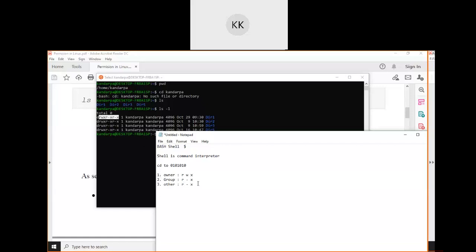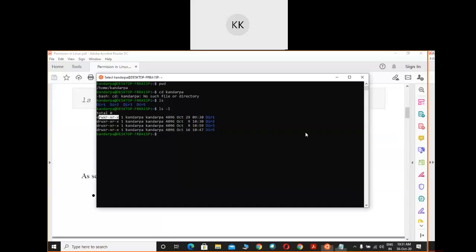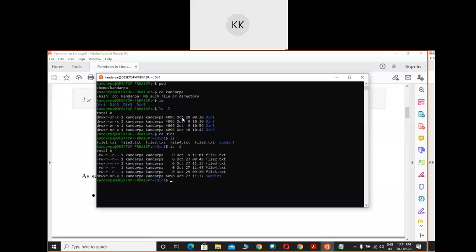And if you find the D, this represents a directory. So from there you can see, this is a directory with this much default permission, and the user's name as well as the memory block address and the date of creation. Now I will go inside directory 1, so cd dir1, enter, put ls. In the same way, if you go for ls -l, you can find the list.